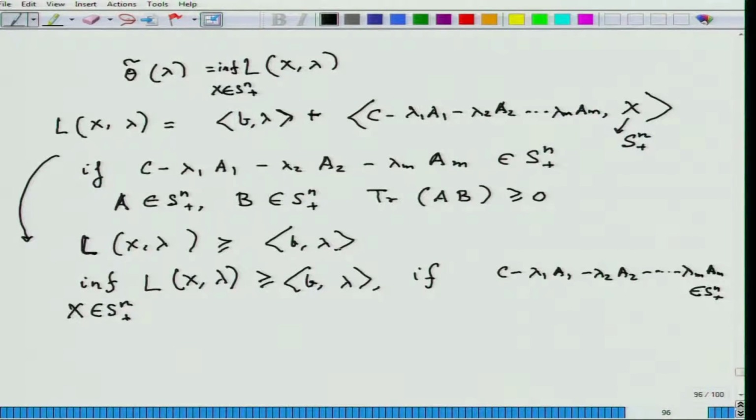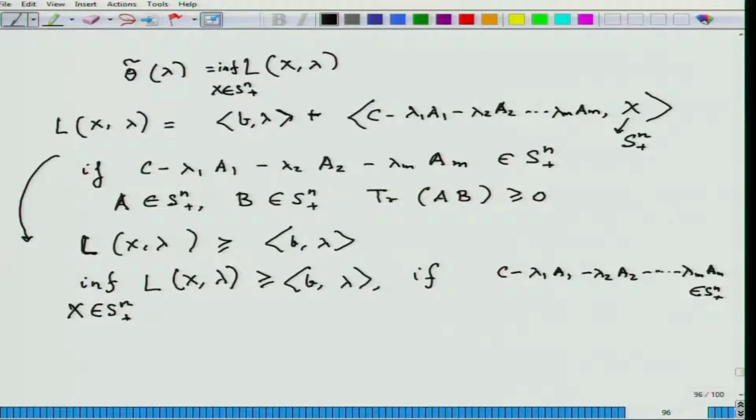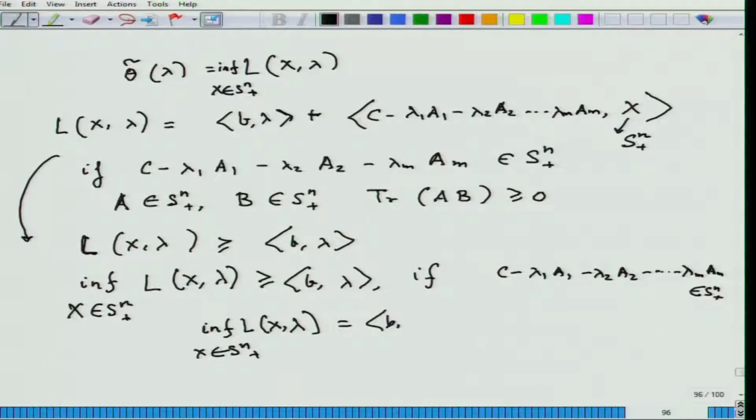So, this is bigger than this, but at the end I want an equality, I always want an equality. How do I get an equality? Let us ponder. But x is an element of Sn plus. So, when I put x equal to 0, the 0 matrix is also in Sn plus, it is positive semi definite. When I put x equal to 0, then I get back the value b lambda. So, b lambda is one of the values of Lx lambda obtained as I move x through Sn plus. Which means finally I get inf of Lx lambda with x element of Sn plus to be b lambda